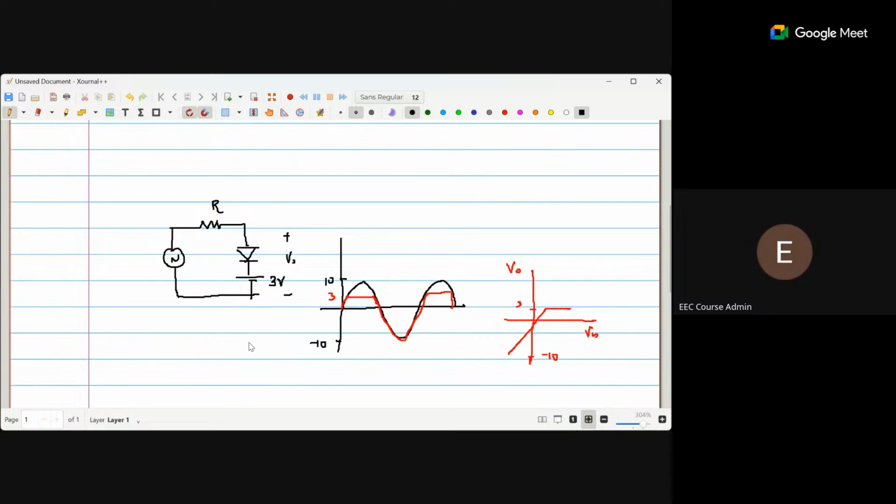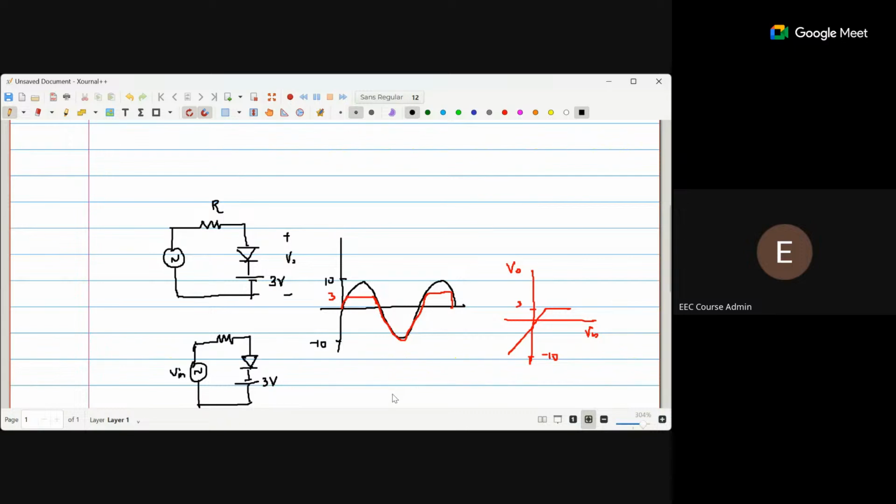Polarity of the diode or the source? 3-volt voltage source. Like this? Yes. Okay, here what happens? Here -3 should be the voltage level at which clipping happens. So cathode is at -3, and for